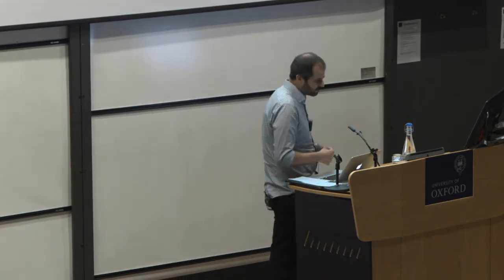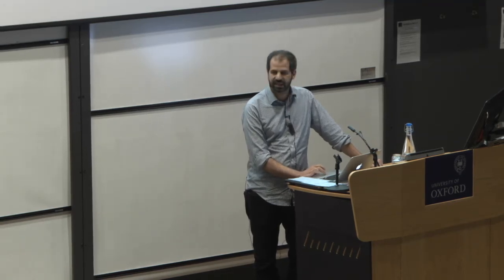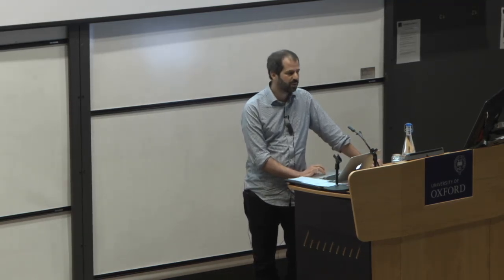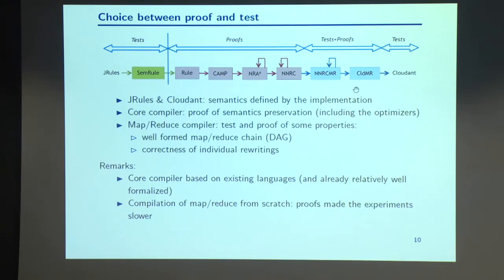So here it was more of a compromise because this part was much less clear at the beginning, so we had to do a lot of experiments. So we did some proof, then we changed the code. Then either we redo the proof or we just erase the proof because now we understood the thing and say, okay, now I'm confident I can continue like that. So we don't have a compilation which is entirely proof, but we are still confident, and it has helped to develop certain parts of the system, even if it's not entirely correct.